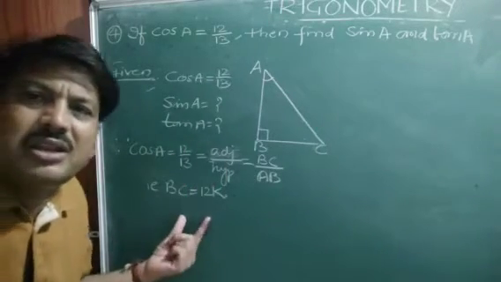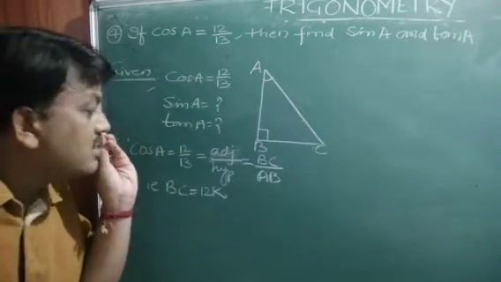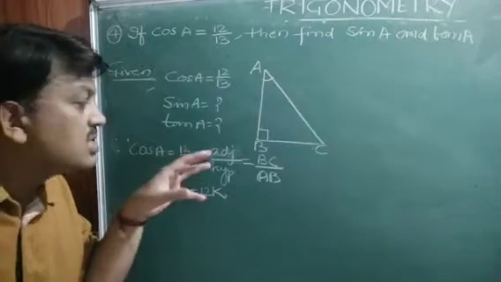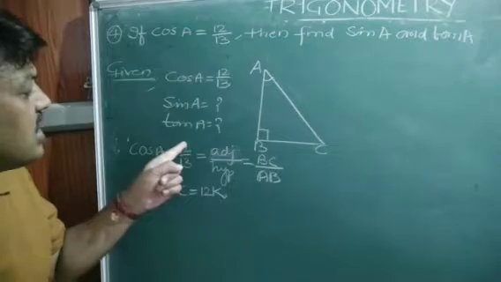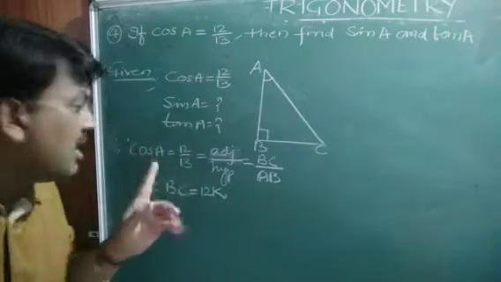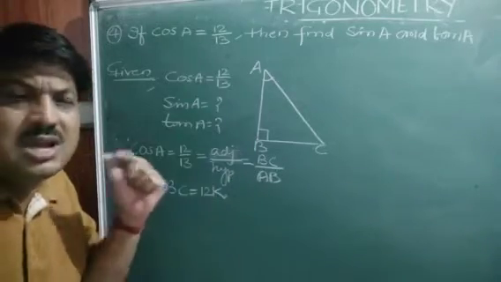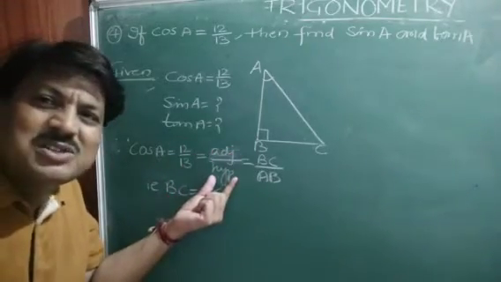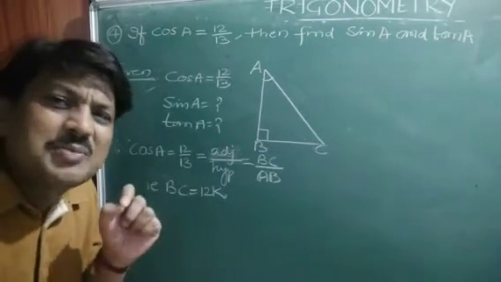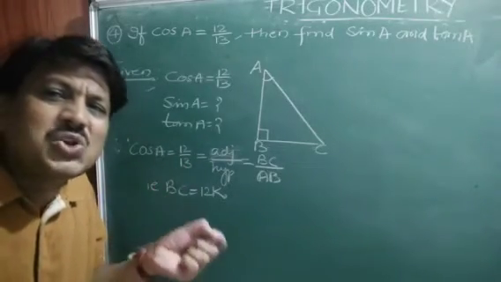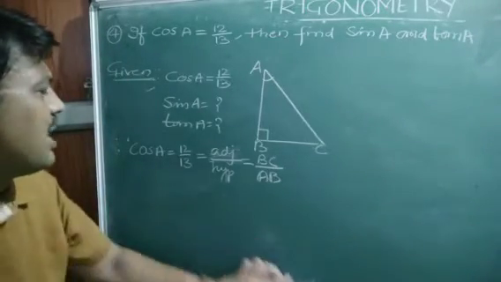What is the K here, children? K is any integer, you can say positive integer, because the unit is not given here. And this is a ratio, 12 by 13. Adjacent is to hypotenuse as 12 is to 13. It means adjacent and hypotenuse are in the ratio 12 is to 13. If you want, you can write it also like that.